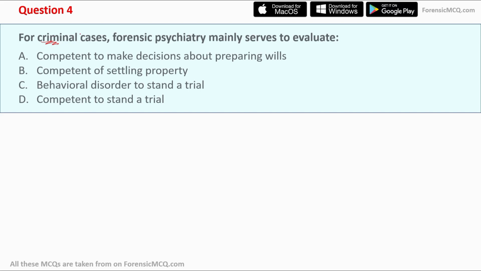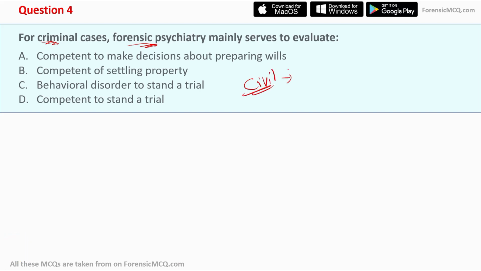In civil cases, there are disputes related to property, wills, or something like that, which is not that heinous and doesn't involve heinous crimes such as murder. And in criminal cases, mostly heinous crimes are involved. While in forensic psychiatry,